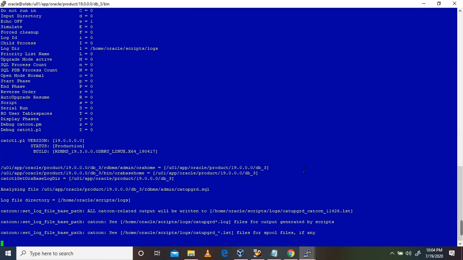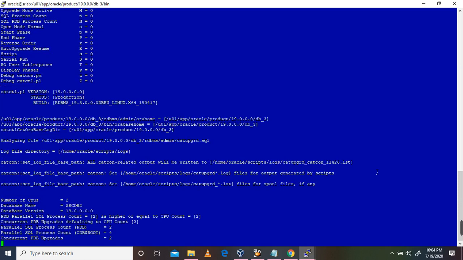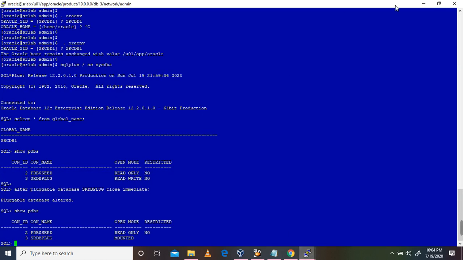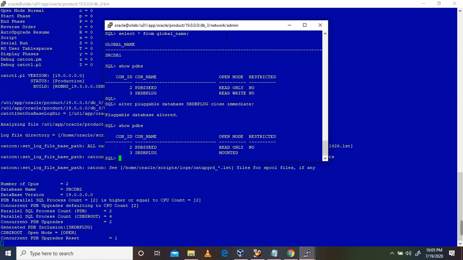We can go and check these logs here. So it is running. Even if you want, I will show you the logs which are executing.